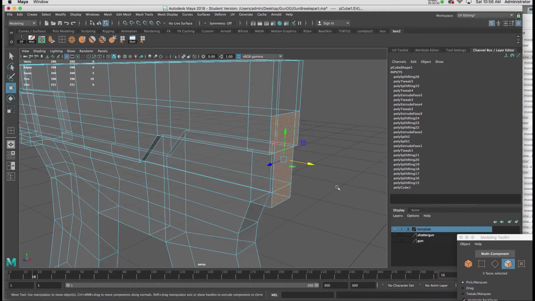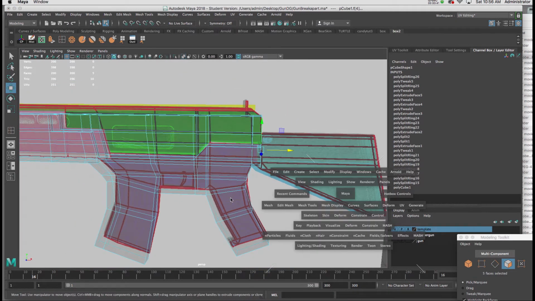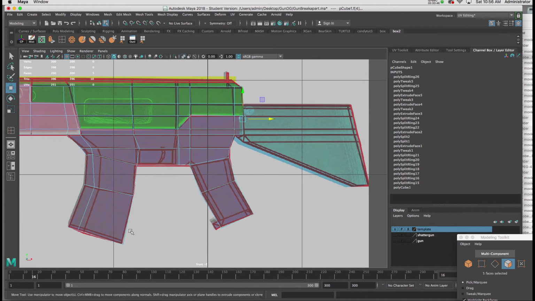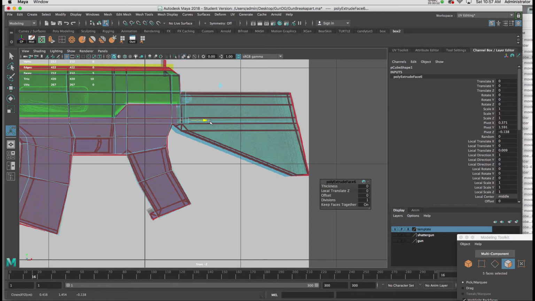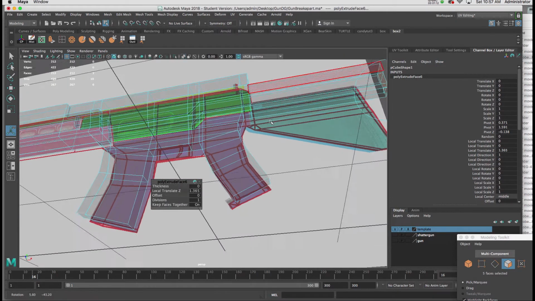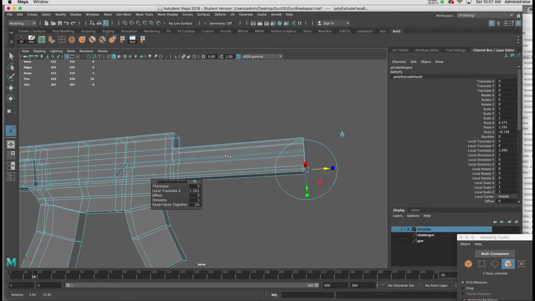And I'll turn off my template to make sure I've got what I want. I'll go to my side view of the template, and I'll click on the extrude tool. And then I'm going to extrude down from here, this section. So once again, I'll return to my perspective view, and I'll just turn off the template for a moment,